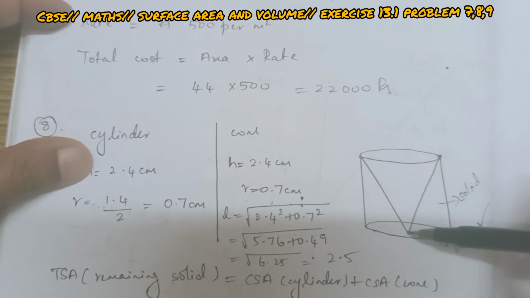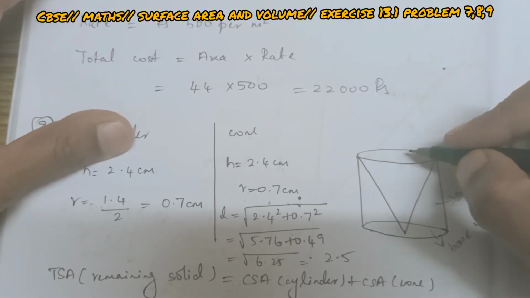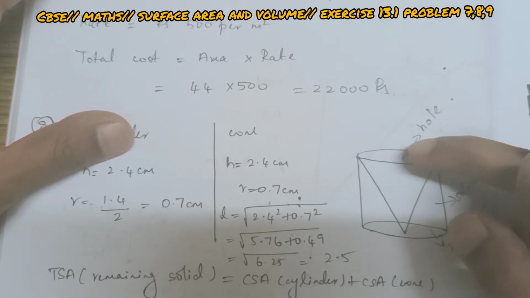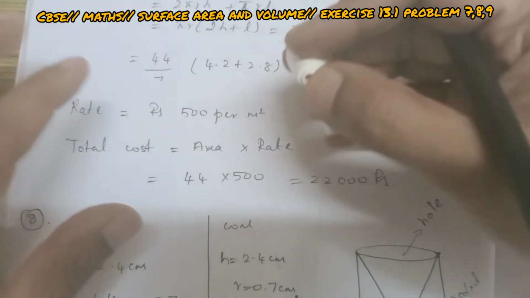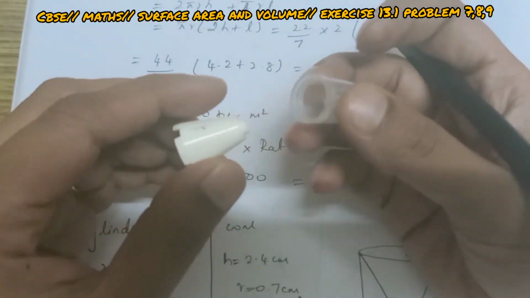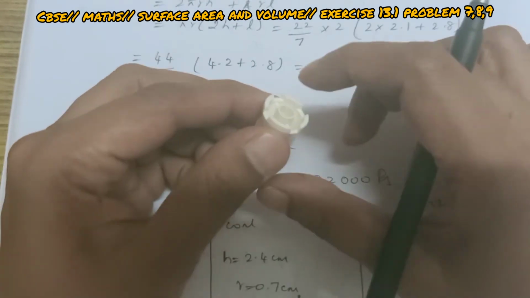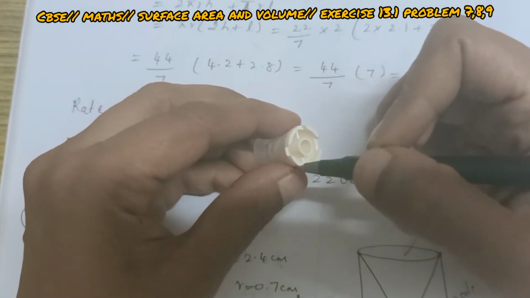So when you are cutting off the conical portion, what will happen? This side will be a hole, there will be only a hole here, so there will be nothing for us to touch or see. That means we cannot add it. But you see here, I don't have the exact sizes with me. I have a cylinder and from which I am cutting a conical portion, let us assume. Now the surface of the cylinder is visible to me.